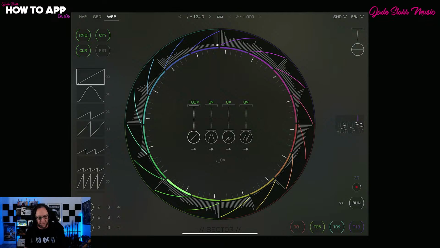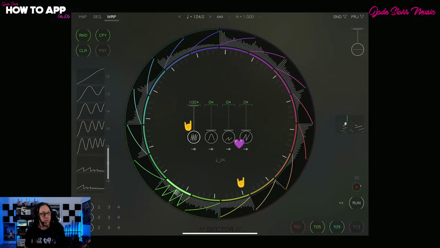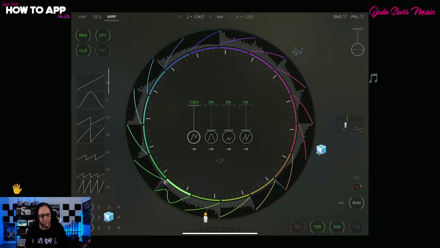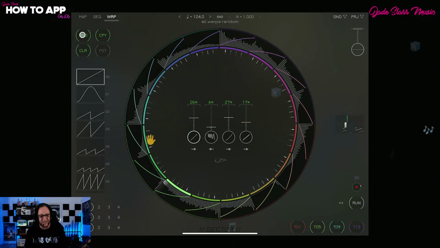But before we do anything, all of these little sections here do different things to each sector. You can swipe with your finger, scroll down. There's a whole lot of these things. But we'll show you how you can hear them clearly in a moment. You can go in and just hold down random, and it's going to add a whole bunch of randomization. Now, when we play this,